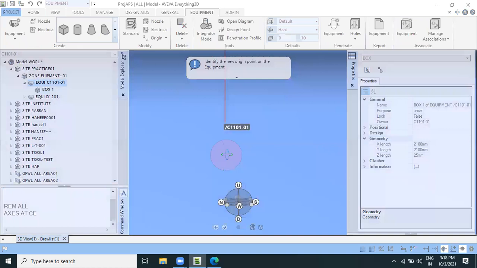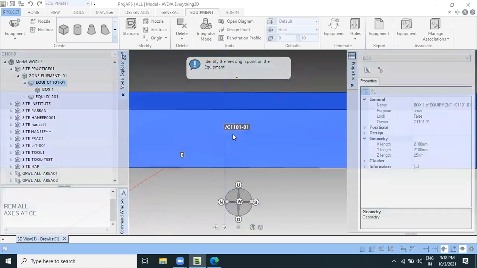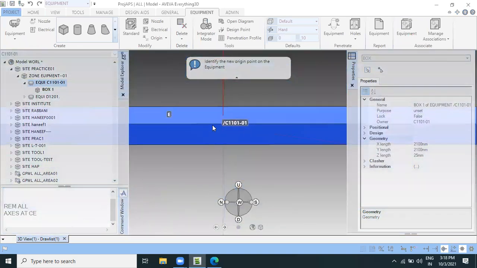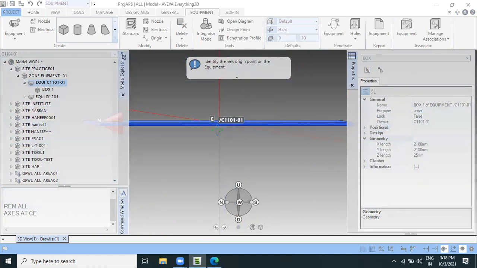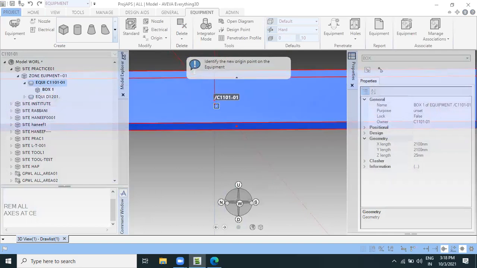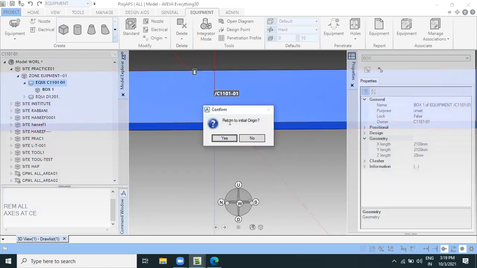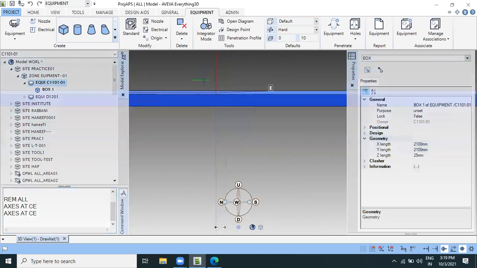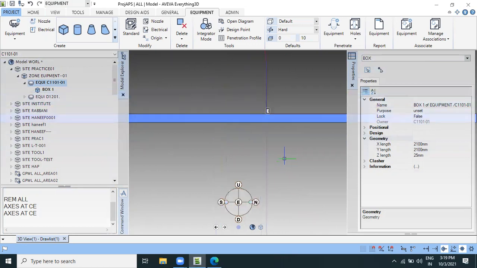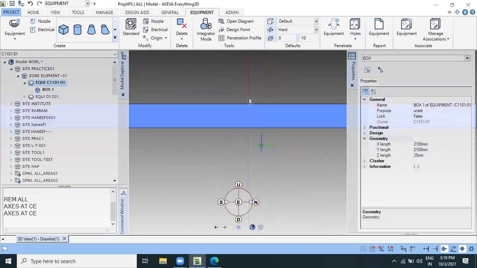We can select from the top of the surface, then return to initial origin point, no. Then command again axis set C. Our coordinate comes on the top of the surface, so we will check again that the position is on the top of the surface.